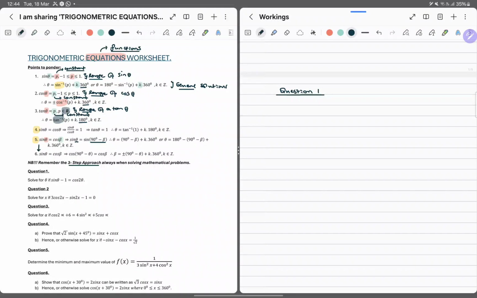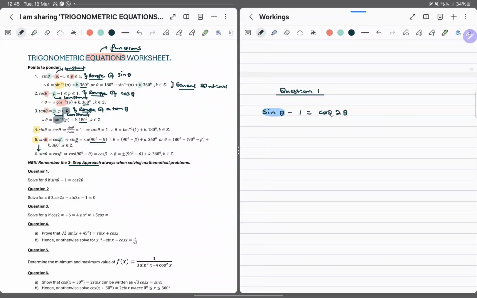Okay, we're going to try and move quicker here because we already know what we are doing. Now, question 1 says we need to solve for theta if sine theta minus 1 is equal to cos 2 theta. So we're going to write here sine theta minus 1 equals cos 2 theta. Now we know that from our 3-step, we can see there are no like terms as yet. We know 1 is essentially an identity, but cos 2 theta is a clearer one. So we can leave that, and if we have sine here,